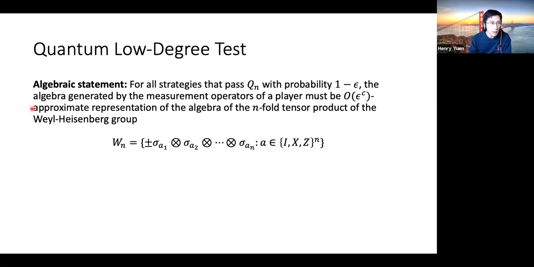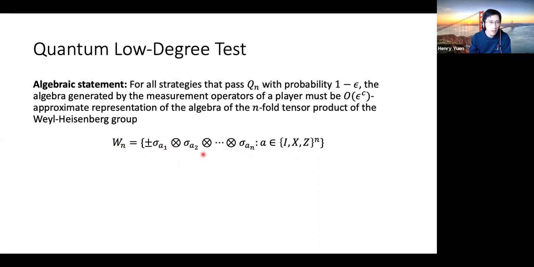If you look at the algebra generated by the measurement operators of, say, player A, just take the algebra of that player. It must be an epsilon to the C approximate representation of this n-fold Weil-Heisenberg group. So this is the group right here. It's the tensor product of all these sigma x and sigma z operators. There's also identities, and it's all possible